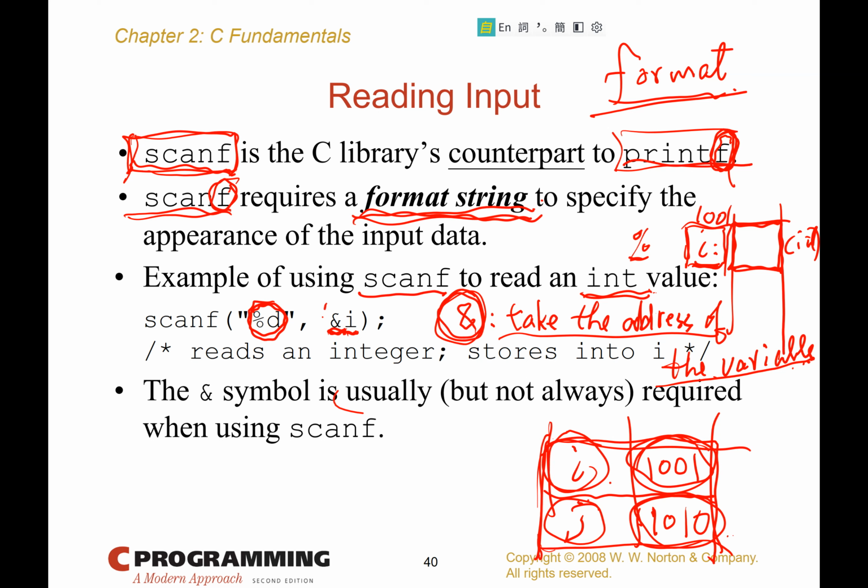Okay, so what this means is ampersand I means take the address of variable I. So this is variable I. The address is 1001. Why we need the address here? Because when we call scanf,